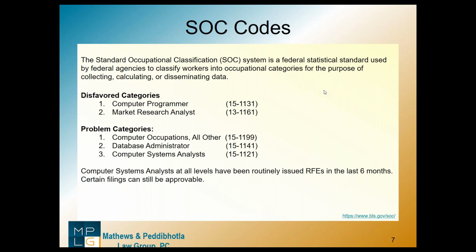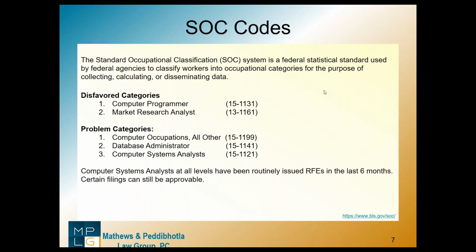What the USCIS uses in determining whether a position is a specialty occupation is what's called the Occupational Outlook Handbook that is issued by the Department of Labor. So how does that relate to these SOC codes? Not all SOC codes, but some SOC codes have what are called OOH overviews. And when they have them, if you go to bls.gov, you can see, for example,